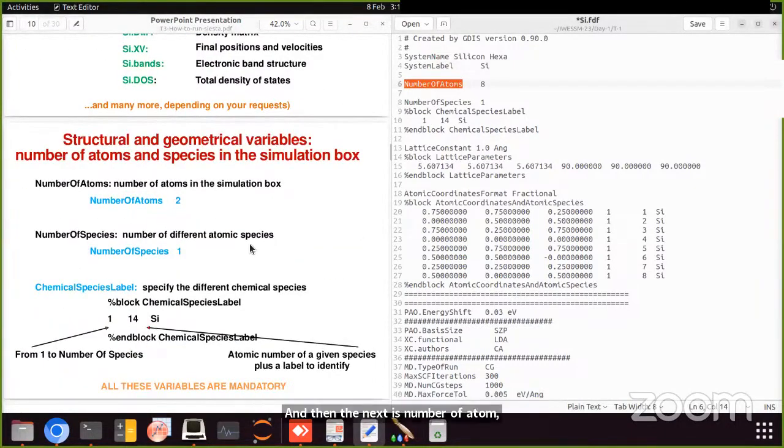That is how many atoms in your simulation box. For silicon, here we have 8. It depends on your FDF file, how large is your supercell. Then the next one is the number of species. Number of species means